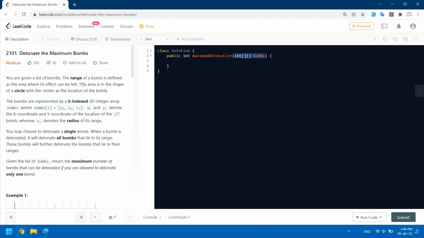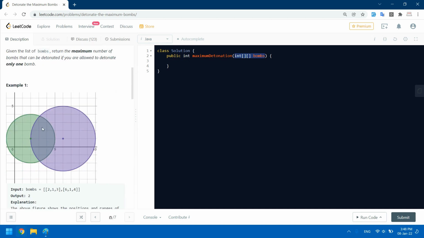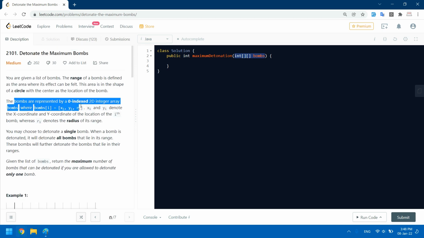Now that makes sense. So I have a bomb here at 2,1. That's the center of it. Now the bombs are represented by a zero-indexed 2D integer array. Each entry in this 2D array is a bomb. Therefore, it's an array which represents a bomb. So bombs[i] has the x and y, which are the x and y coordinates, and the radius which it